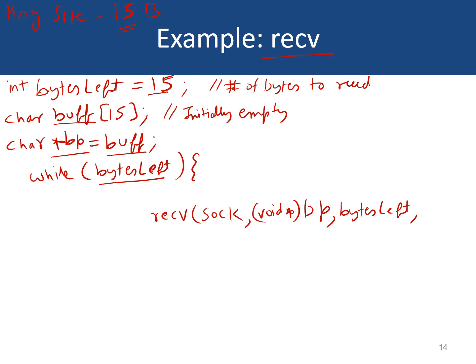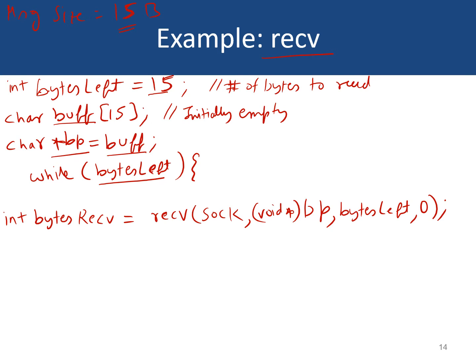And the last parameter is the flags. For our purposes here, we don't want to set any special options, so let's set the flags to 0. Recall, on successful execution, the receive function returns the number of bytes that were read from the socket. Therefore, to keep track of the number of bytes that have already been read from the socket and the number of bytes that are left, we will store the return value of receive in another integer. So let's declare another integer, bytes received. This is where we will store the return value from the receive function.